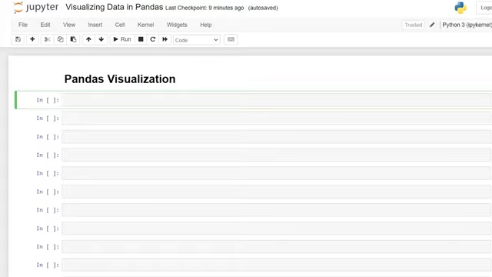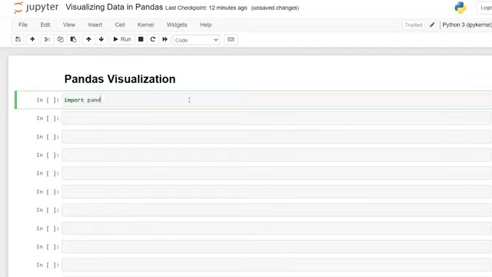Hello, everybody. Today, we're going to be building visualizations in Pandas. In this video, we'll look at how we can build visualizations like line plots, scatter plots, bar charts, histograms, and more. I'll also show you some of the ways that you can customize these visualizations to make them just a little bit better. With that being said, let's go right over here, start importing our libraries, and we'll start with